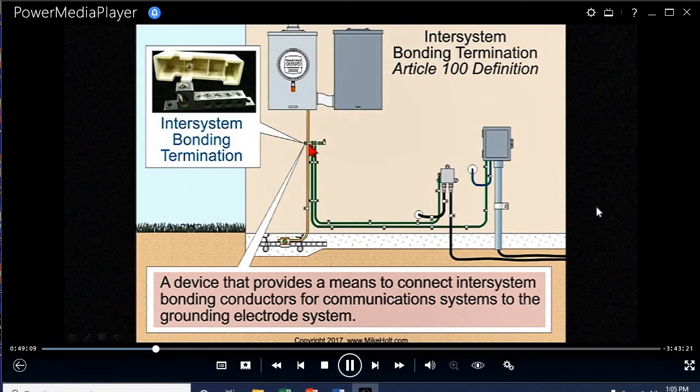It's bonding. You're taking your grounding discharge unit right here, that is going to be for cable, which is 820, and you're going to connect it to the inter-system bonding termination, which is going to be bonding. What have you done? You've taken the AC system and you've bonded it to all the communication systems. And the intent there is to be able to reduce differences of potential, which we will talk about on 250.94. So that is what an inter-system bonding termination is, and 250.94 gives us the rules and the specifications for that